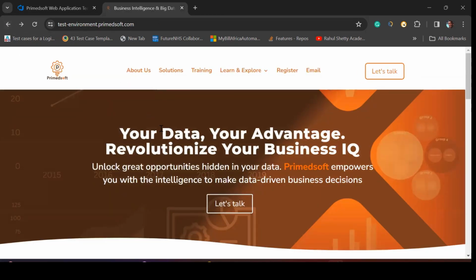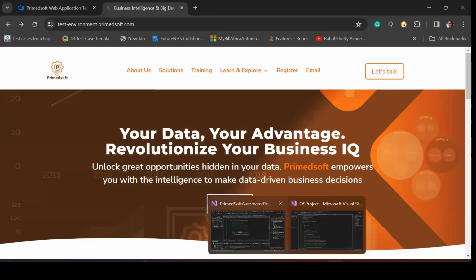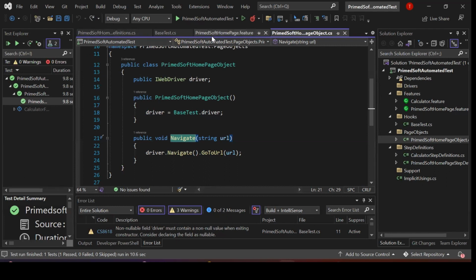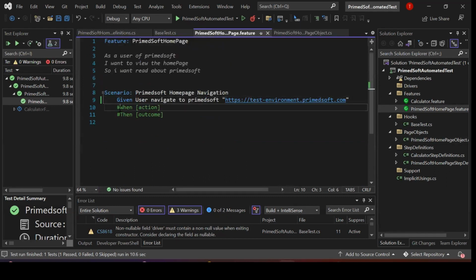Okay, now let's go back to our feature file. As you can see, you can click on here. The next thing we're going to do is uncomment this one. The next step will be, given navigate to the URL, right? When